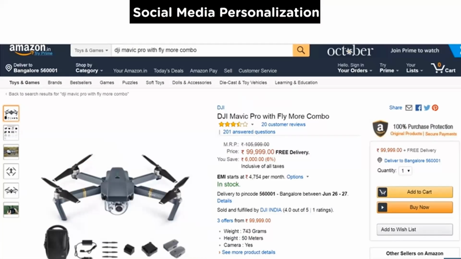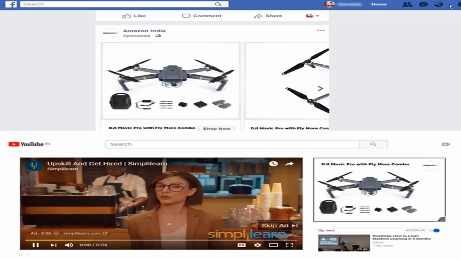I was searching for some book, and they were showing an Amazon advertisement on Facebook. If you search anywhere for a product in Amazon or something, and then you open your Facebook or YouTube, you can see the advertisement. Normally they call this a recommendation system, a recommendation system for Amazon.